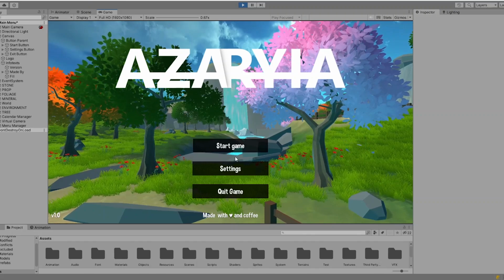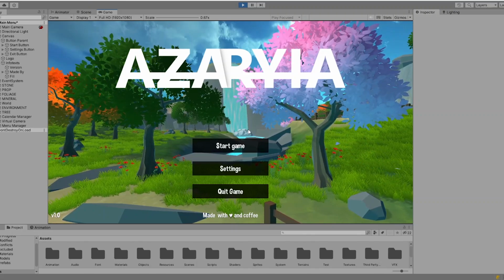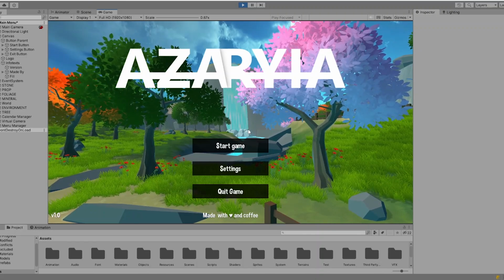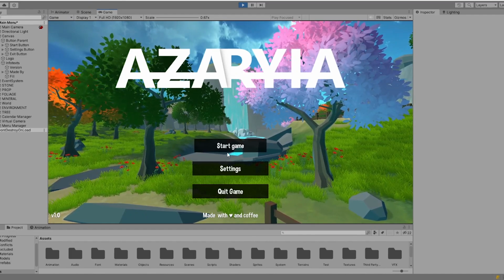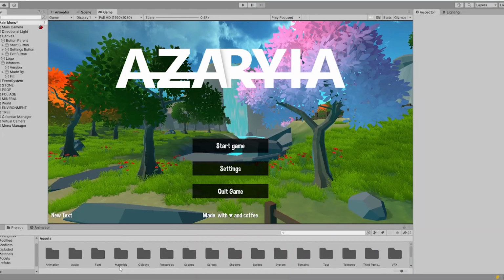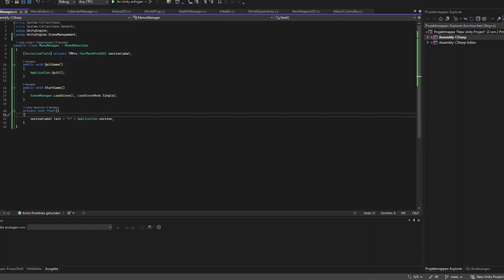I want to have the camera move towards the waterfall by clicking on the start game button, and I also want the start game button to be more dynamic. Maybe if we have a save game, then there should be a load game button, and if we do not have a save game, then the button should say start a new game. So for that, we jump right into the menu manager, and we can check if we get a file